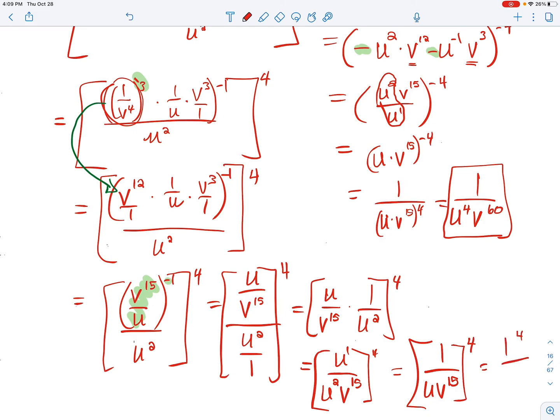I could have 1 to the fourth over u times v to the 15th to the fourth. And that exponent, if I was in doubt, I could write it out. It's going to be, in the end, u multiplied by itself 4 times and v 60 times. Whoa, get the same